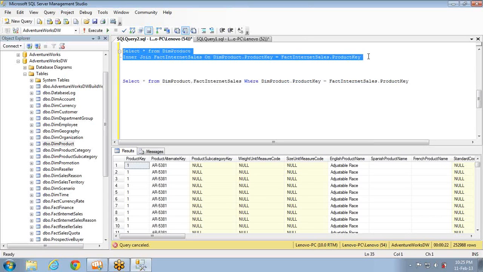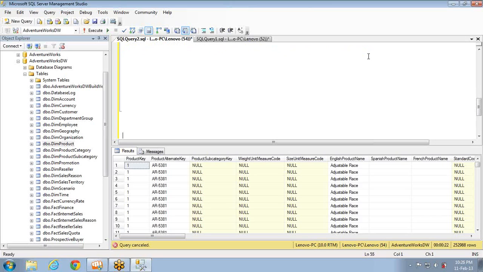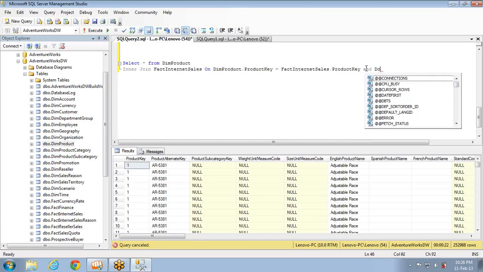This is a normal join. Here you are using only one column. Let me copy it properly. You are using only one column in the on condition, right? And if you have one more condition like and dim product